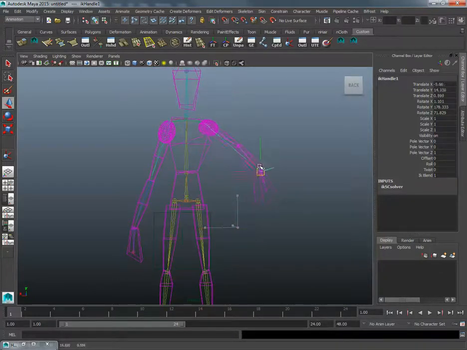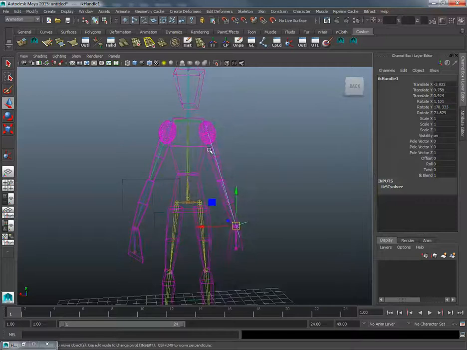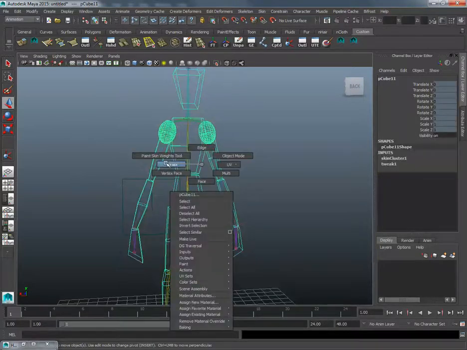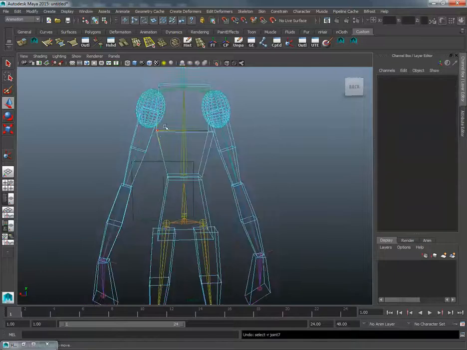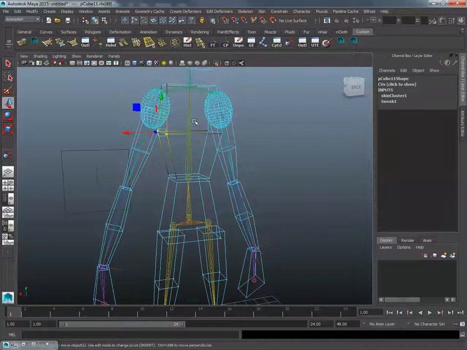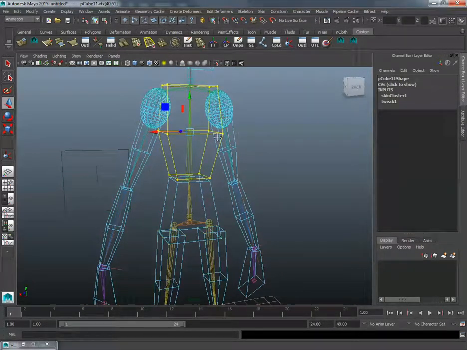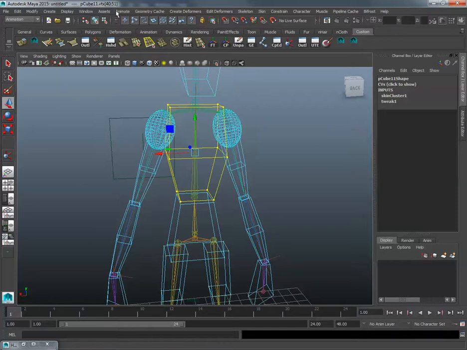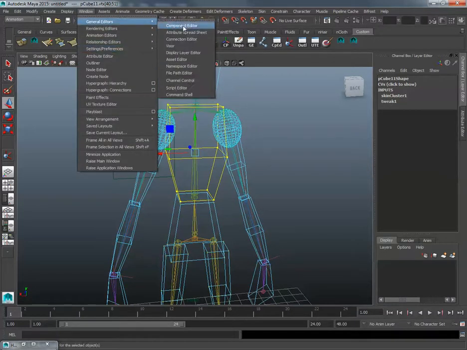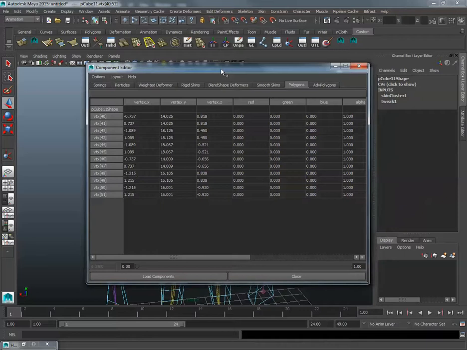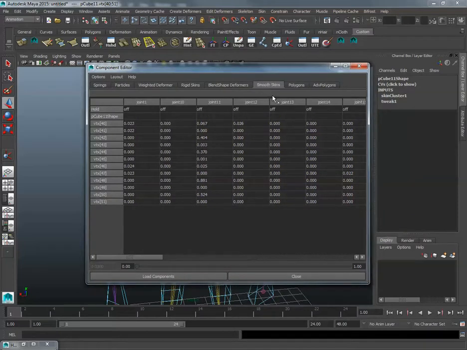Now there are a few bits and pieces which are joined to each other which I don't want. Just going to select these verts in the chest. I think the rest will be fine, but these are always problem points when it comes to rigging. Going to select these vertices. Going to go to my window and my general editors and component editor. And in the component editor you'll find the smooth skins tab, and you should find, well, I tell you what,